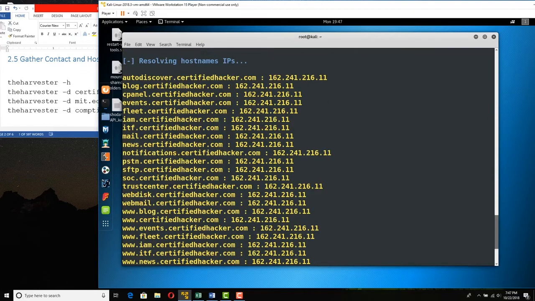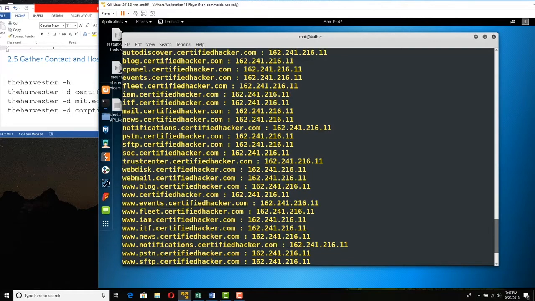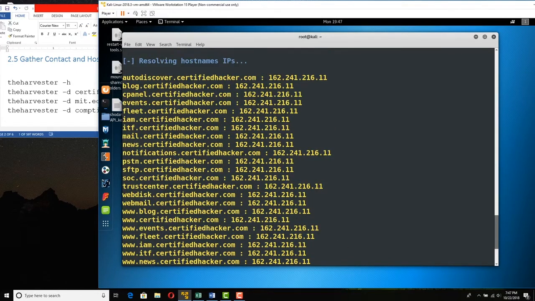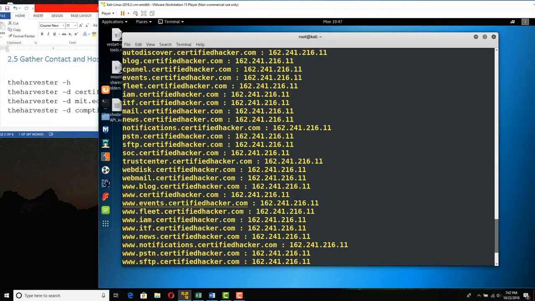That I cannot expect one IP address to run this many: mail, news, fleet, events, control panel, blog, auto-discover, www, all these things. I have trouble believing it. So we're going to try just one of these here. In fact, let's just try like